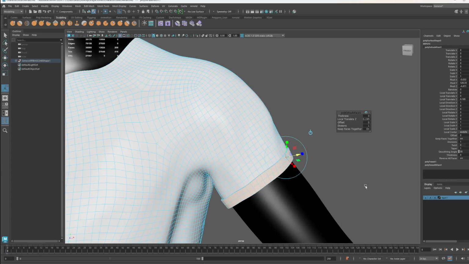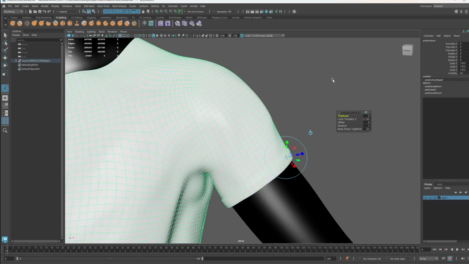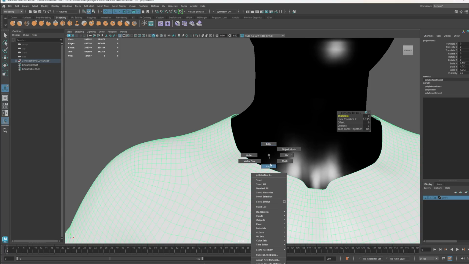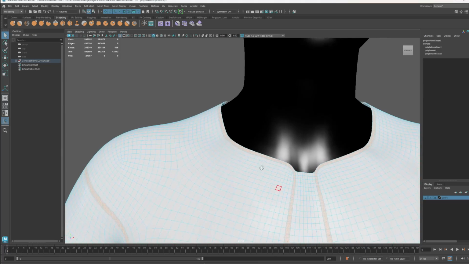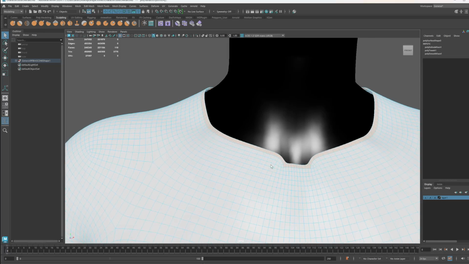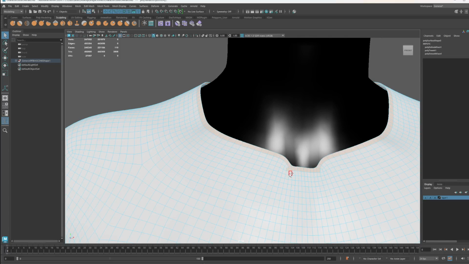There we go. So now if I hit 3, you can see that I've got a kind of a hem on it, right? Same thing with this. I'm gonna take faces, and I'm gonna select the edge loop. Something like this, not the whole thing. Something like that. And then bring it down here. There we go. Something like that, okay?